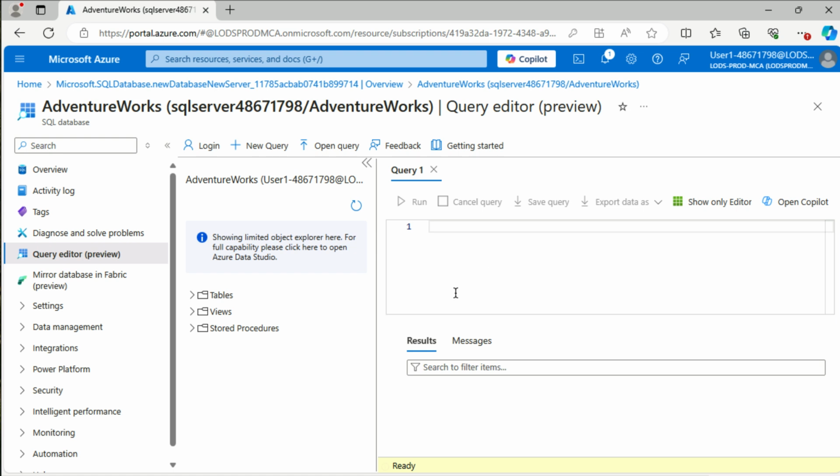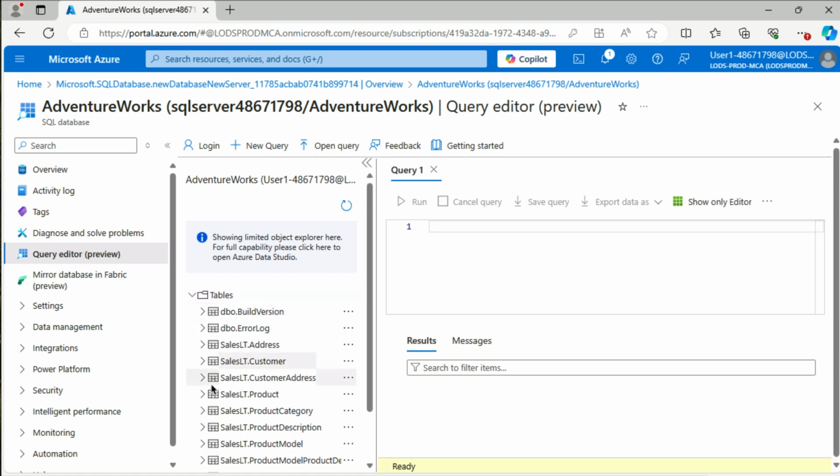And this gives us this kind of web-based view into the database, so we can navigate across the different tables over here,